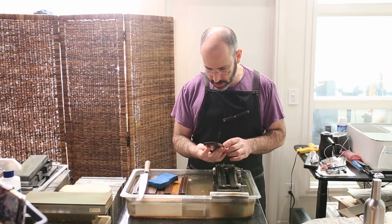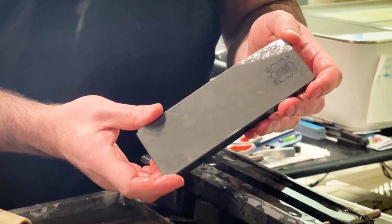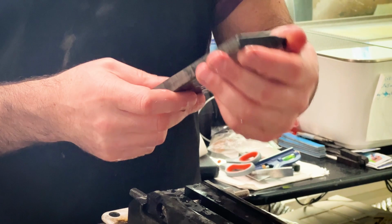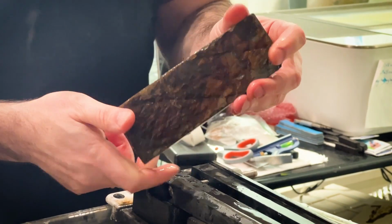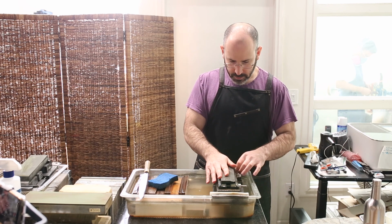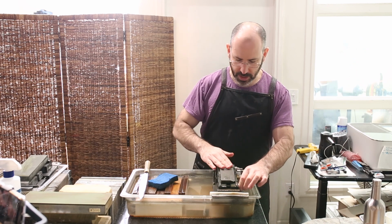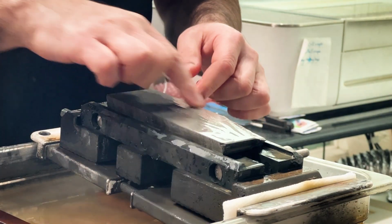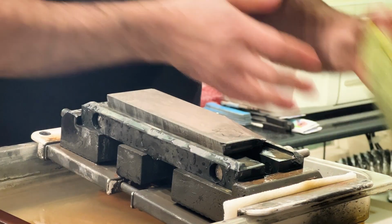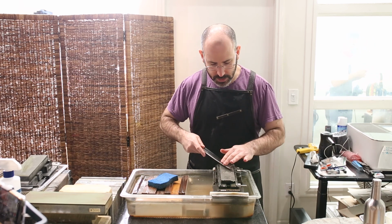It's kind of grayish in color, and it's almost got like a karasu type pattern on the surface. You can see it's kind of splotchy. Looks interesting. Anyways, let's get it into the clamp here. And the corner over here kind of sinks off a little bit, so the surface is really only this part over here. We're going to be sharpening a white number 2 Yanagiba on here to see how it works, and